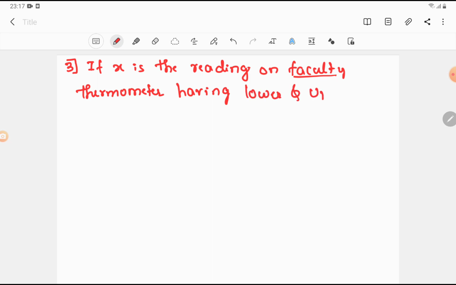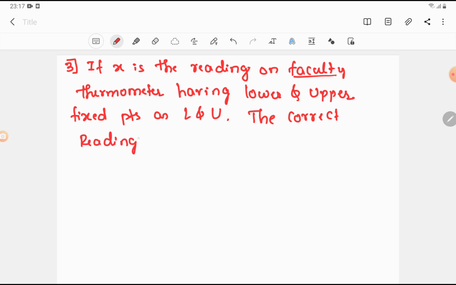lower and upper fixed points as L and U, then you know the correct reading on Celsius and Fahrenheit scale is given by,